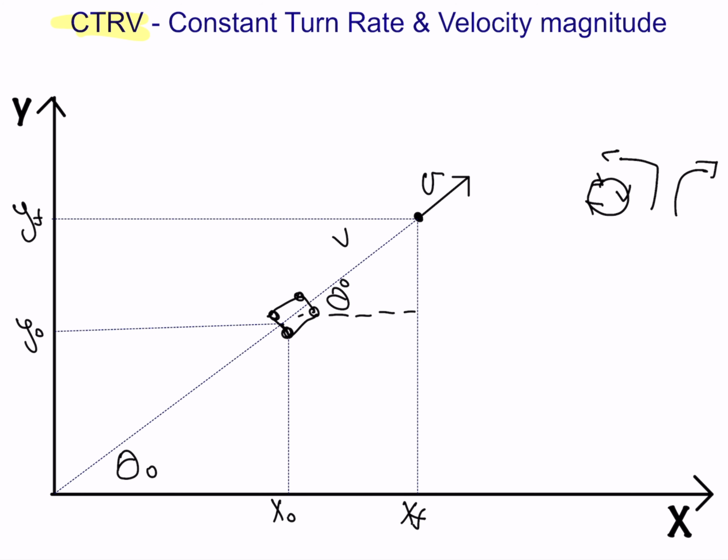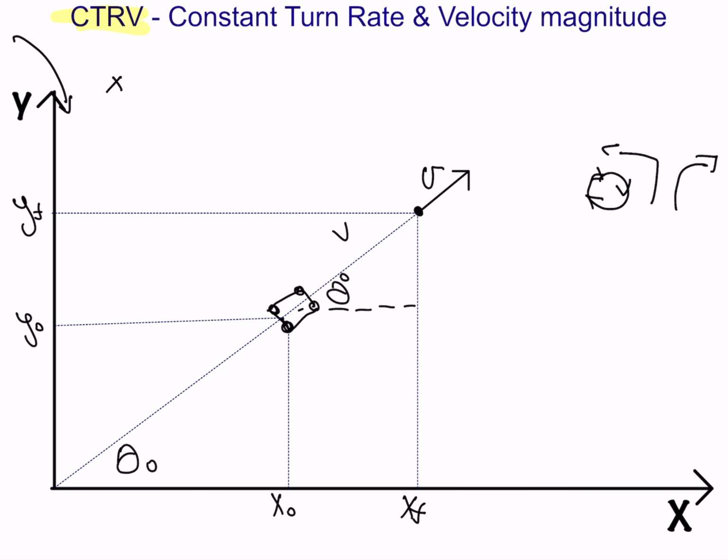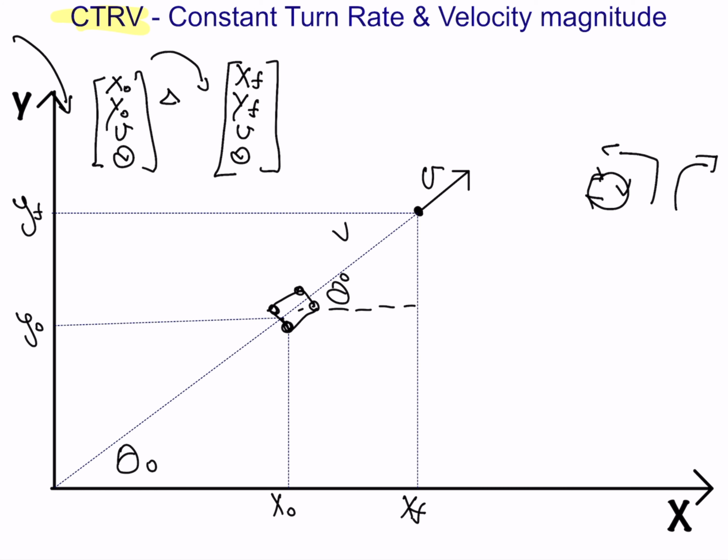If you remember, our previous motion model looks like this. So the state vector has 4 parameters. We have x, y, a velocity v, and an orientation theta. Now theta is constant. Now the transition from the current state to the next state is the following. So v remains the same because this is a constant velocity model. Theta remains the same because our orientation is also constant.